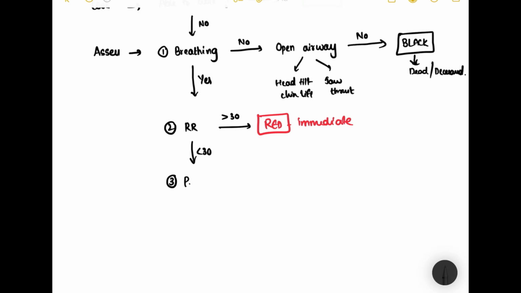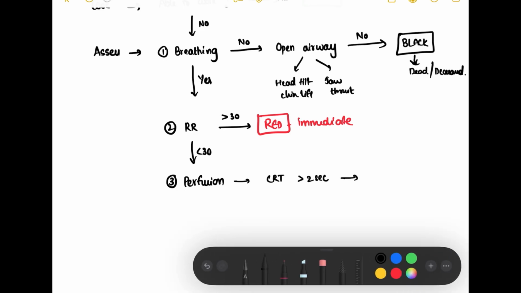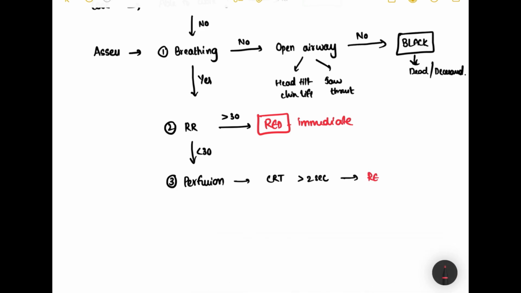You are going to assess his perfusion status. How are you going to assess his perfusion status? By looking at capillary refill time. If it is more than 2 seconds, you categorize him under red. If it is less than 2 seconds,